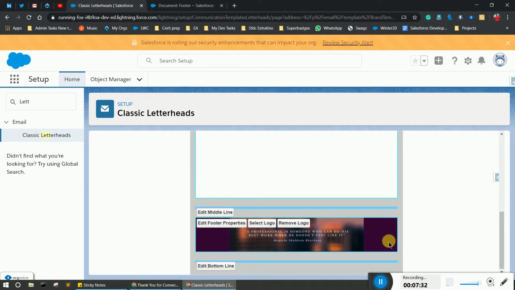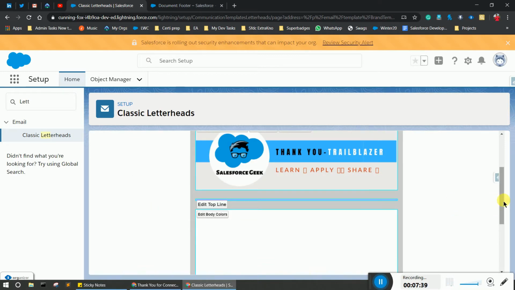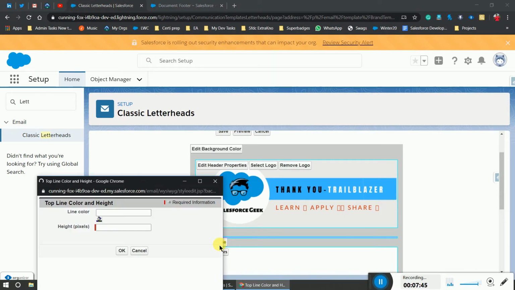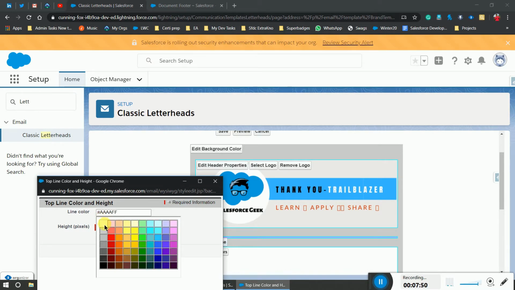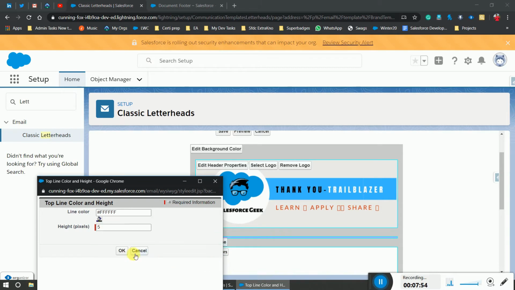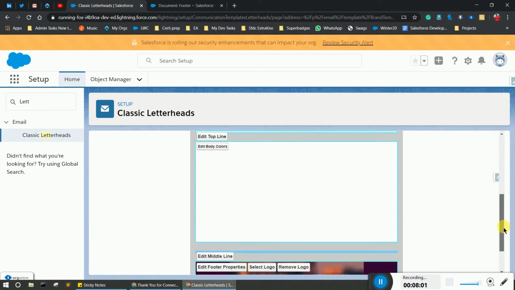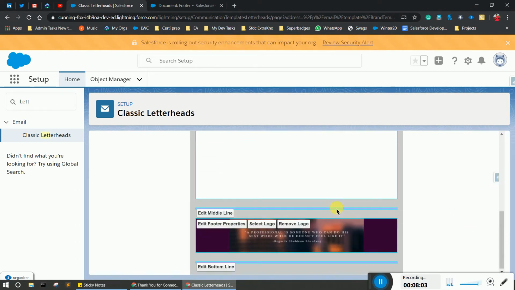As you see, our footer is already in the middle, and these are the separators. If you want to change the color or anything of this line, you can change it. Like I don't want any line, so I simply make it white, and same for this one.